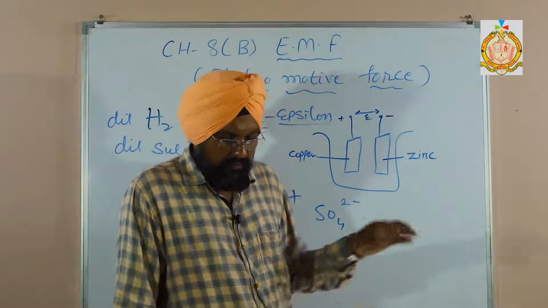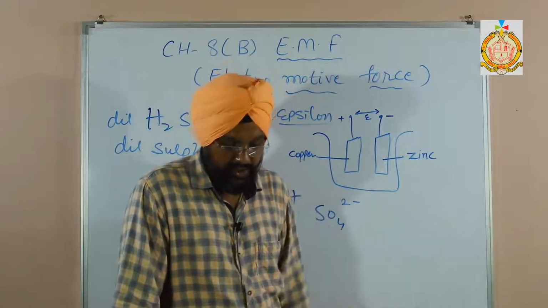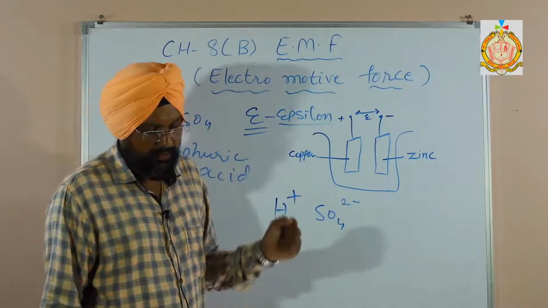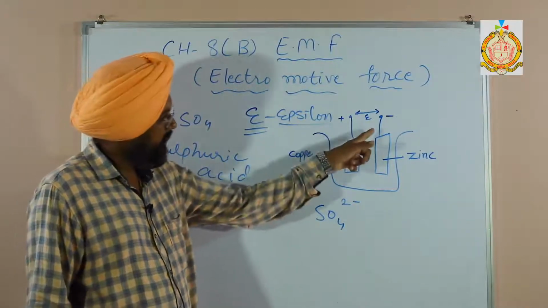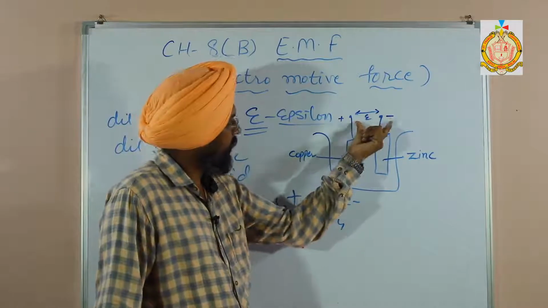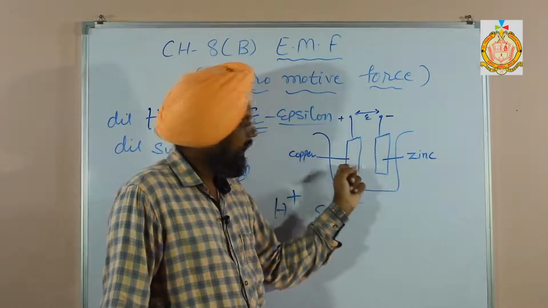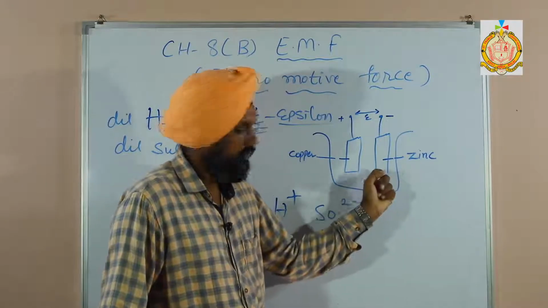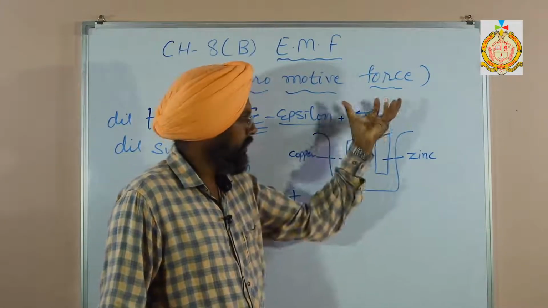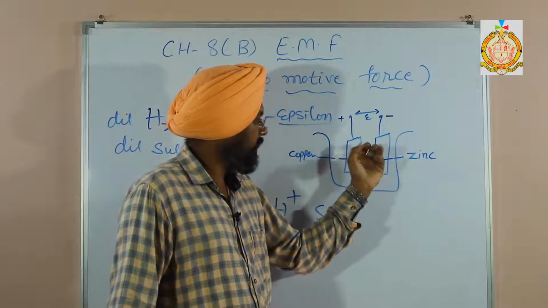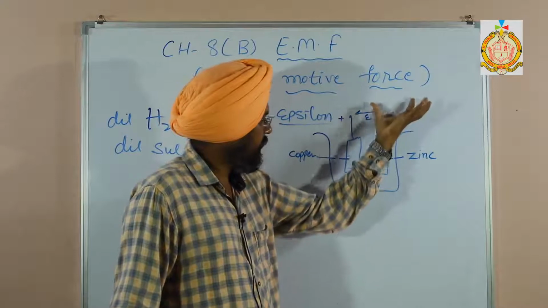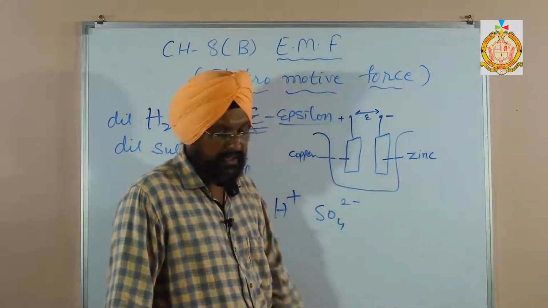The EMF of the cell is defined as the energy spent per unit charge in taking a positive test charge around the complete circuit. When the cell is charging, all the positive charges come close to the electrodes, and as we use them, the positive charges slowly come out of it, and all the negative charges go inside the cell.